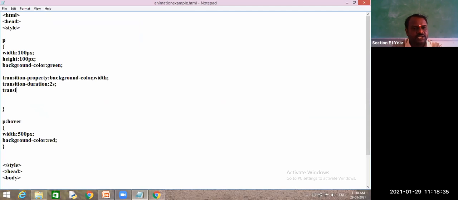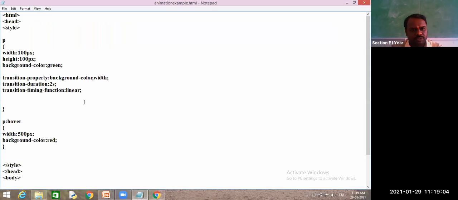So what is this timing function? It makes it linear. And observe this difference. From starting to ending, the same speed. And what about this? Just now we will see.